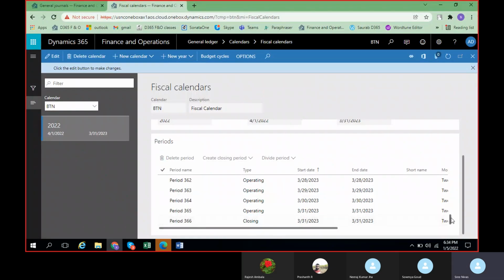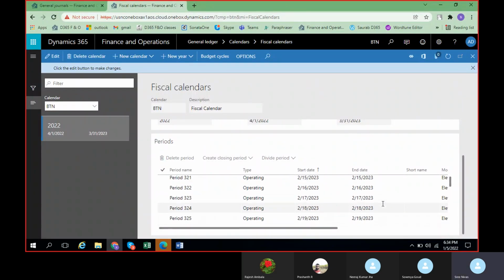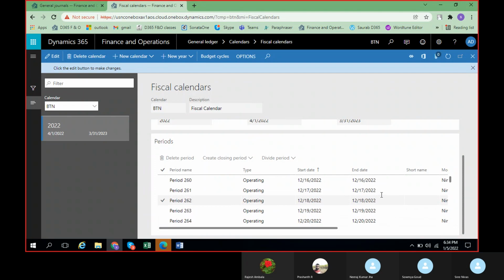So here if you see, under this period 0, the balance gets transferred.